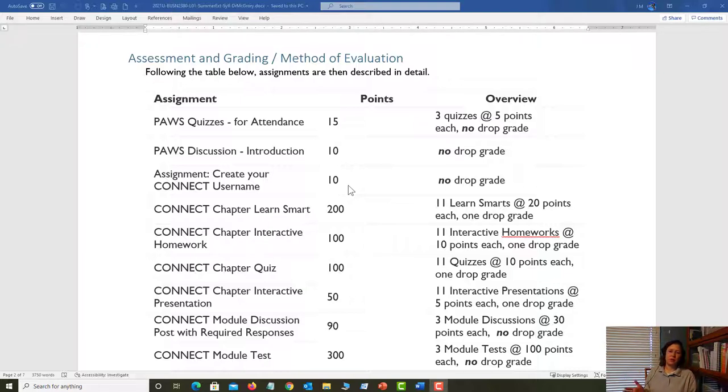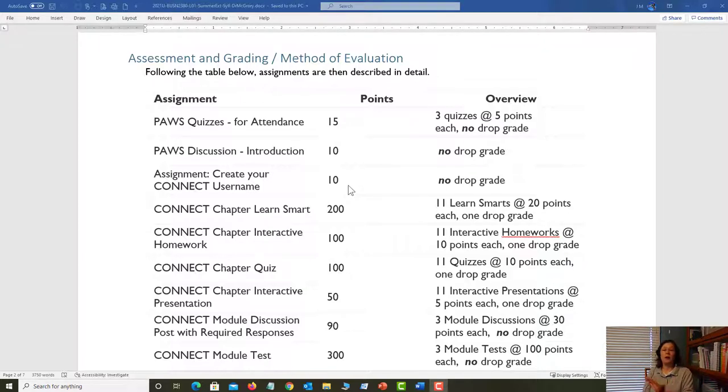The second problem is it introduces errors into the grading. This is a manual process for me, and as students use a variety of different names that are not aligned with what the college has on file, it really requires a lot of back and forth. And it may sound like a small complaint, but when you get that wrong grade, it's oftentimes upsetting. And it's upsetting to me because I want your grade to be accurate. So I need your help to make sure that your grade is accurate. I need you to register into Connect with the first name and last name that are on file with the college.